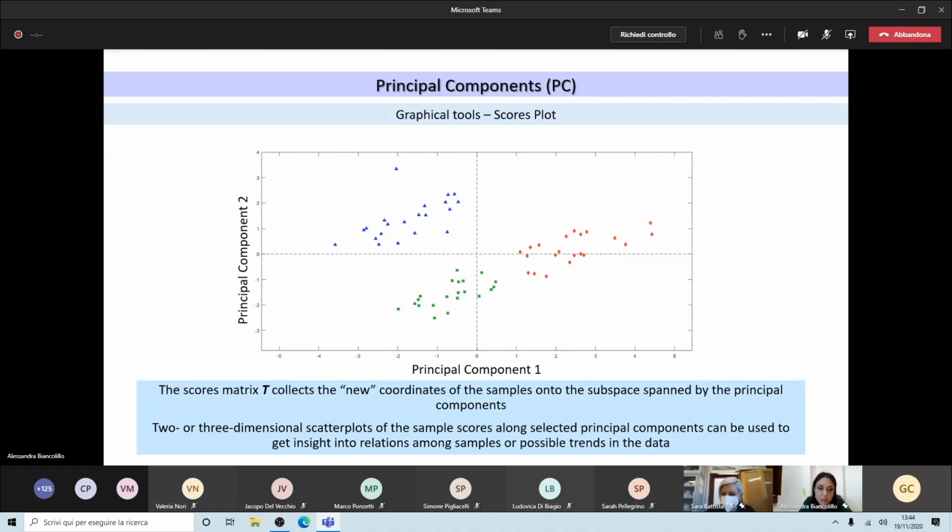This means that in this way we can have 2- or 3-dimensional scatter plots where we can investigate our samples. In this plot, we will observe the behavior of our samples. We can see if, like here, we can recognize some grouping tendency. We can see if there are outliers or if something in general is strange in our data.